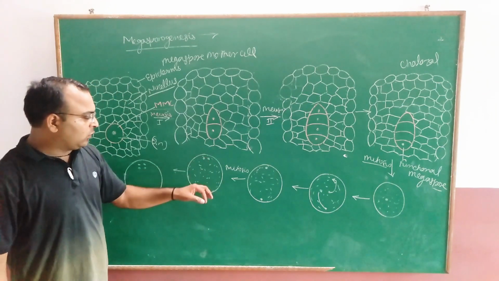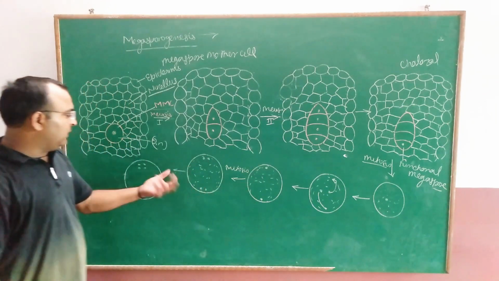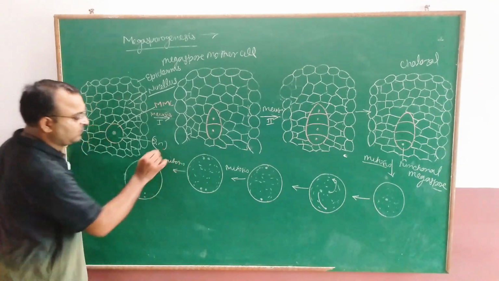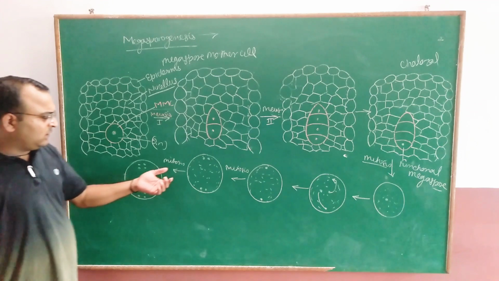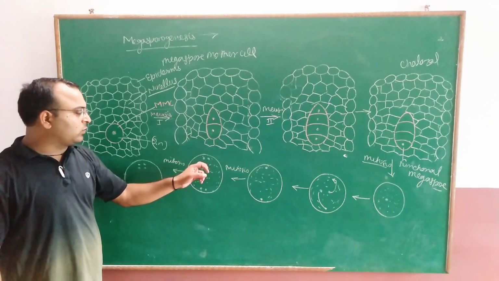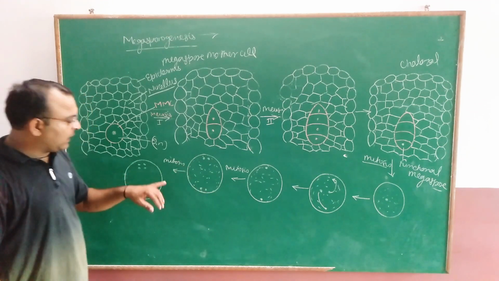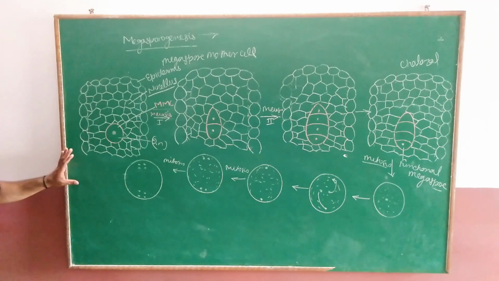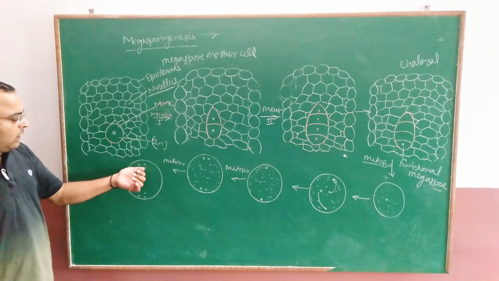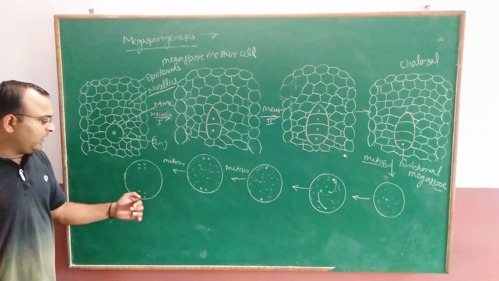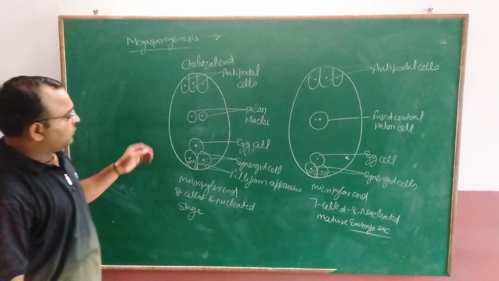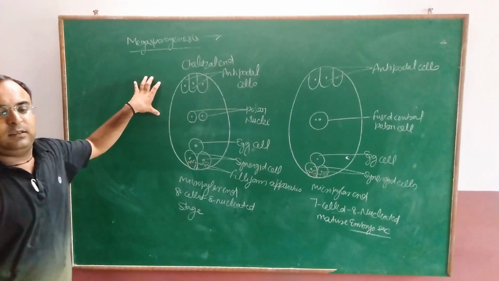Is it clear? So at each pole, in the 4 cell stage, again mitosis will take place. When mitosis takes place, these 4 cells are going to convert into the 8 cell stage. Is it clear? So when they convert into the 8 cell stage, 4 are toward one pole and the remaining 4 are toward the opposite pole. Is it clear? Now see, after the 8 cell stage,